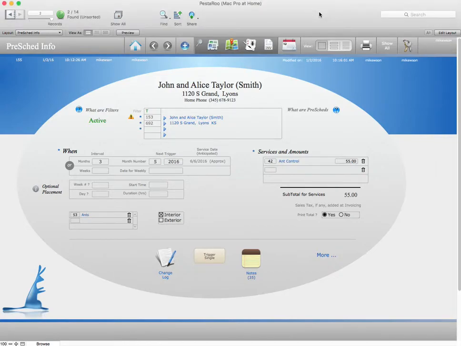PreSched optional placement. Well, PreScheds have many different options that we can use, and one of those that's real important is optional placement. This is a PreSched that we're looking at that was created several days ago and is all ready to generate